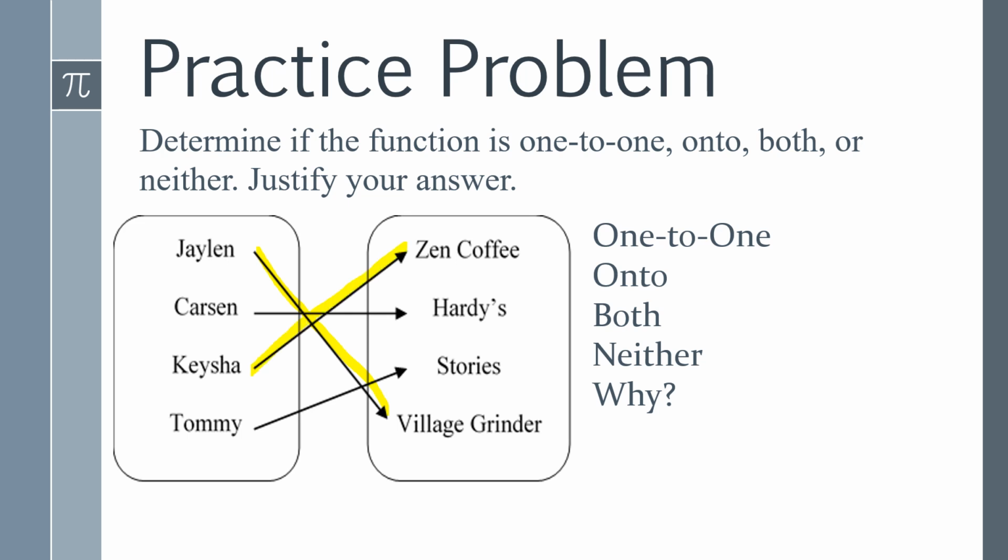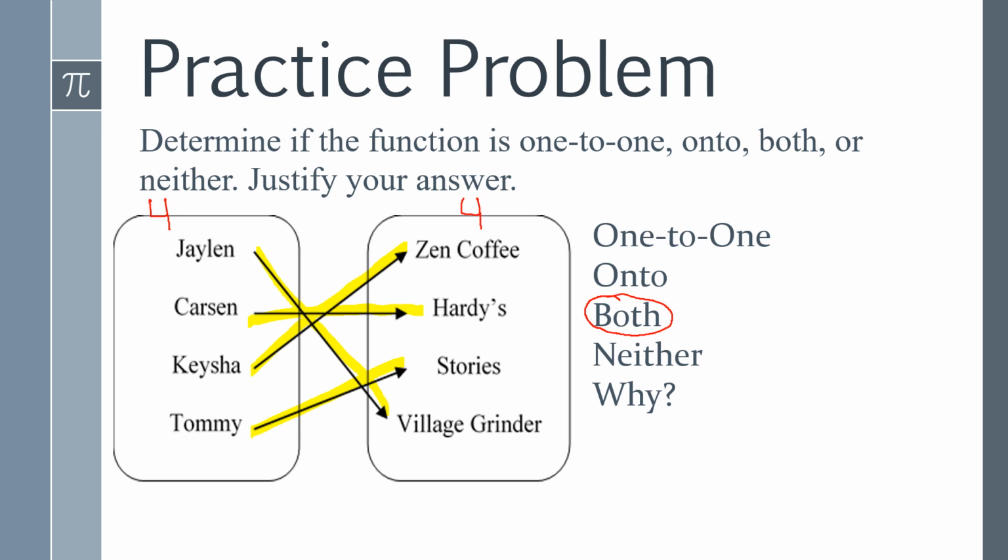Keisha goes to Zen. Carson goes to Hardee's. And Tommy goes to Stories. There are an identical number of items in both the domain and range, right? So we have 4 here to 4 here. They match up 1-to-1. So this is both,